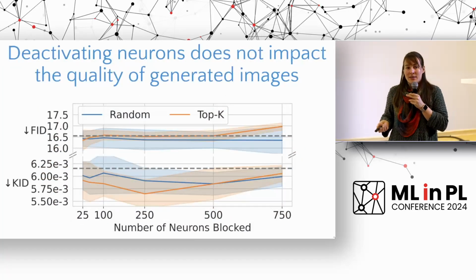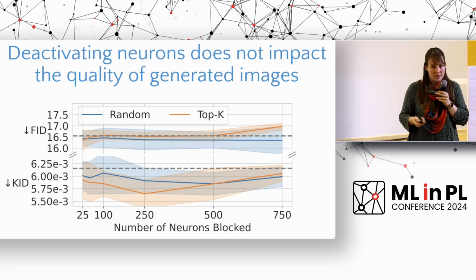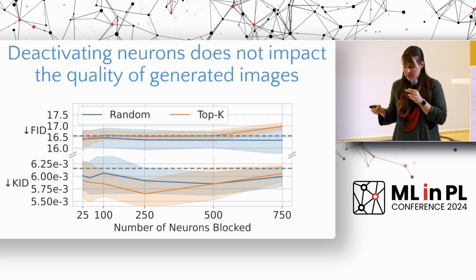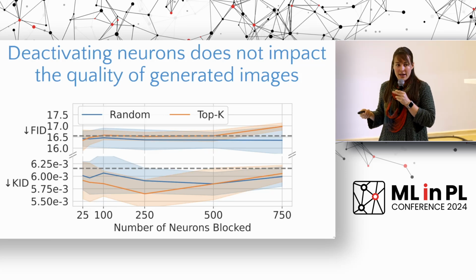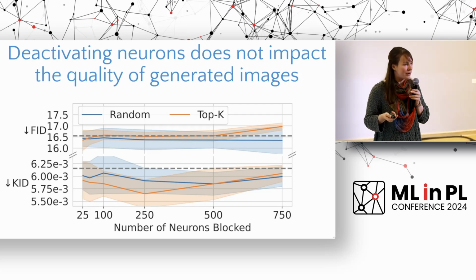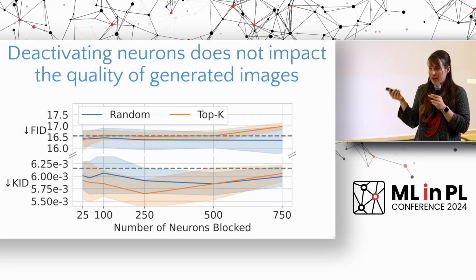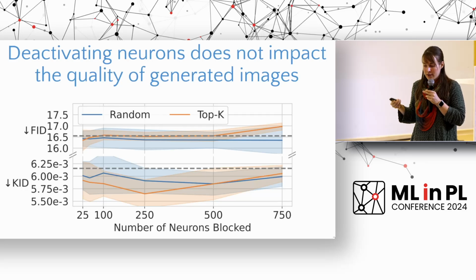The last thing that we then had to check is how NeMo affects our overall generation quality. We looked at the quality of the generated images from the memorized prompts, but now of course we want to know how the model behaves overall. There are multiple scores to assess generation in diffusion models. One popular one is the FID or the KID score. Basically a lower score means that the image generation is better.